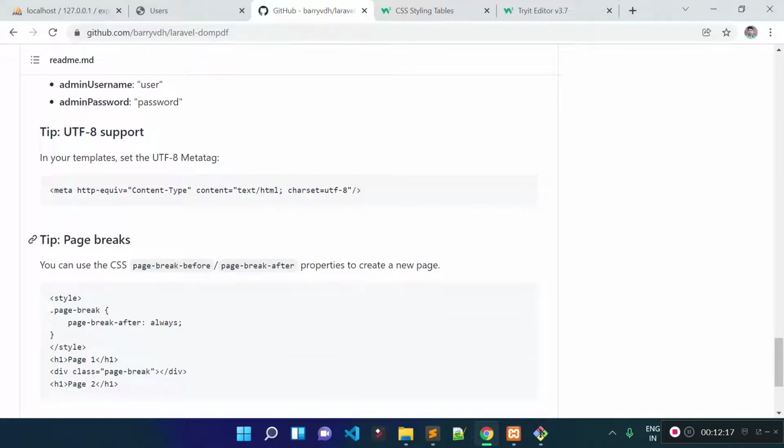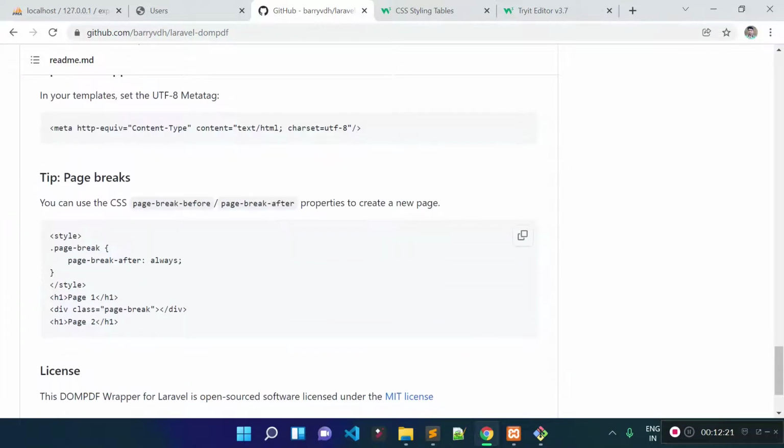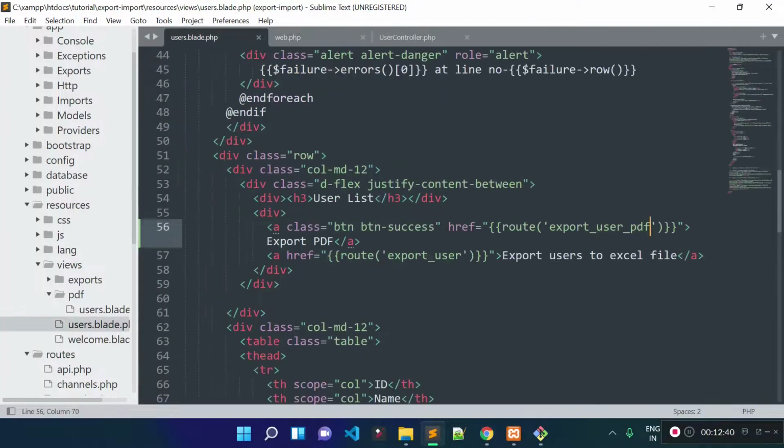And I'm going to tell you another thing, that if you want to break your PDF file into some pages, you can simply add a page break class to a div, then it will break the PDF file. I'm showing you how we can use this page break class in your PDF file to break the file. Suppose I want to